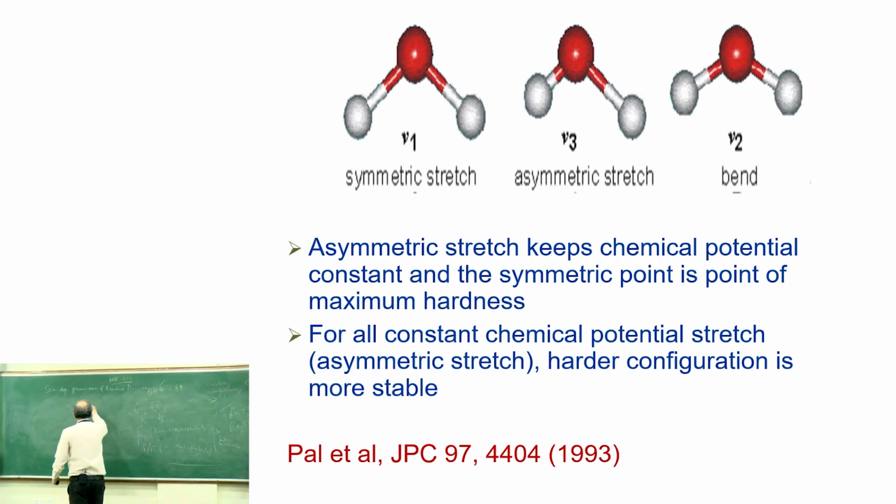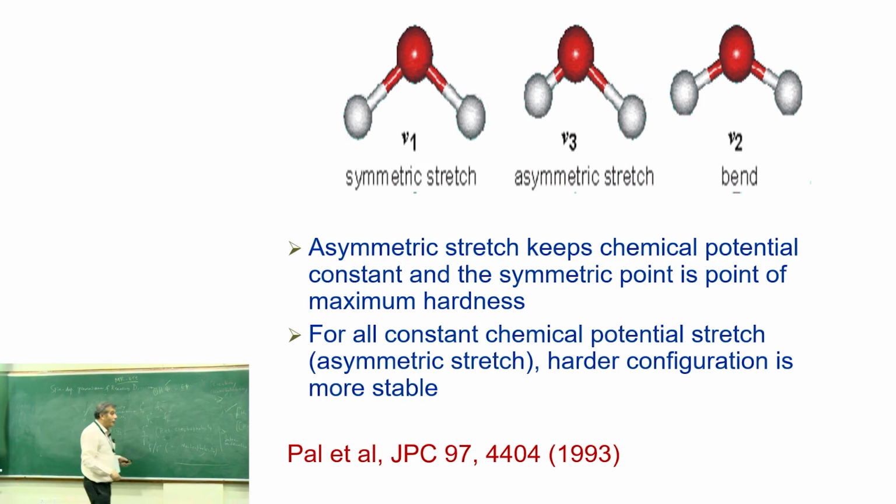So for every point, let's say I have some R1 at some angle. So this is a local maximum. The hardness is maximum here, for this chemical potential. Let's say the chemical potential is mu1. Then I go to another configuration, R2. Again, the symmetric point is the local maximum, but the chemical potential is, let's say, mu2, because the chemical potential will be different. So under each chemical potential, this is a local maximum. That is something that we can tell.